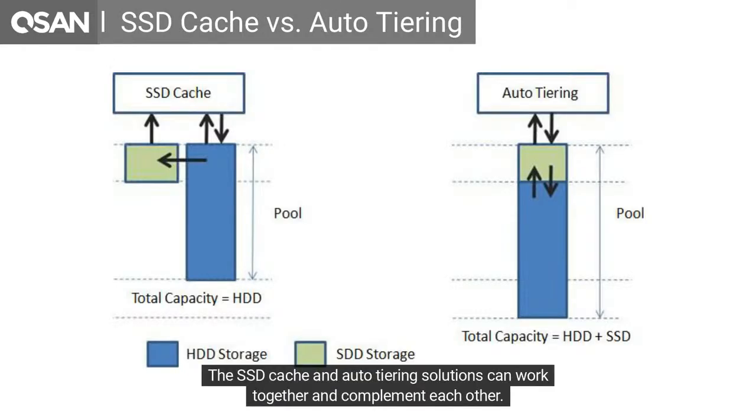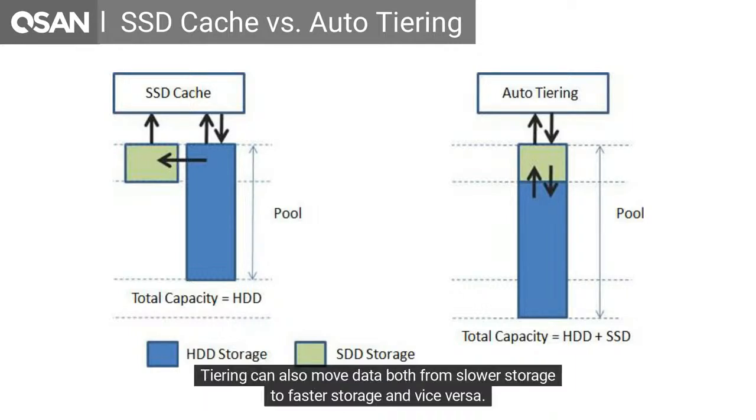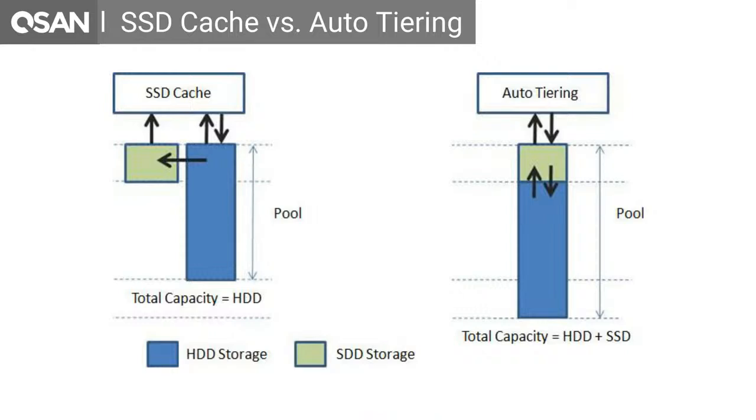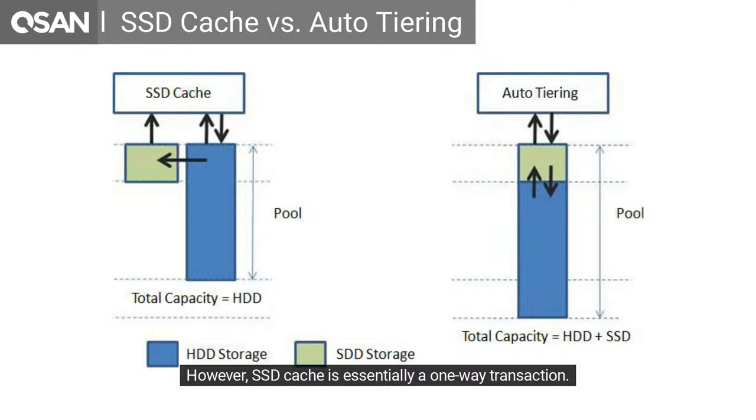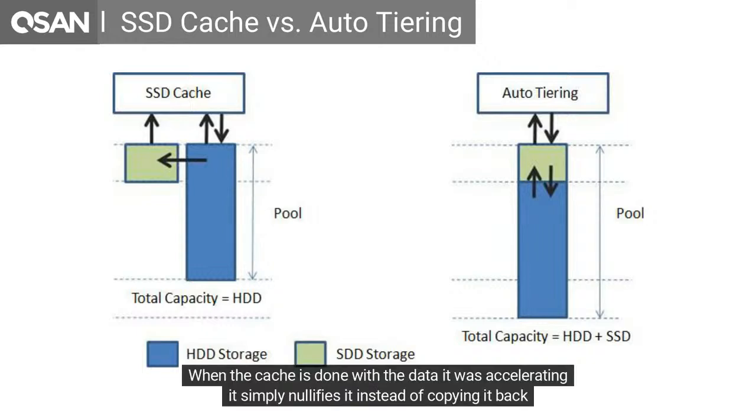The SSD cache and auto tiering solutions can work together and complement each other. A key difference between tiering and cache is that tiering moves data to SSD instead of simply caching it. Tiering can also move data both from slower storage to faster storage and vice versa. However, SSD cache is essentially a one-way transaction. When the cache is done with the data it was accelerating, it simply nullifies it instead of copying it back